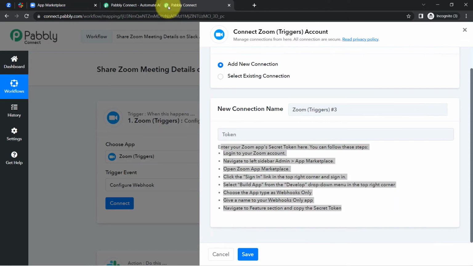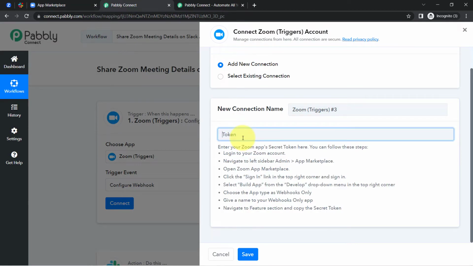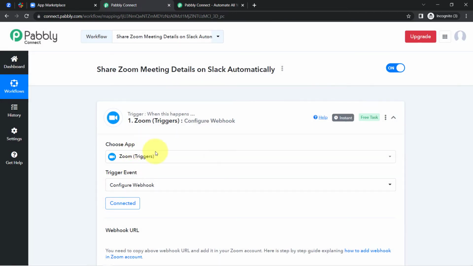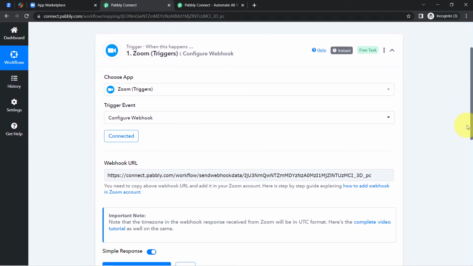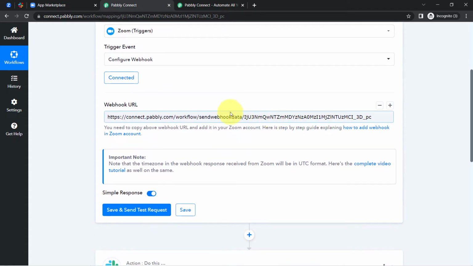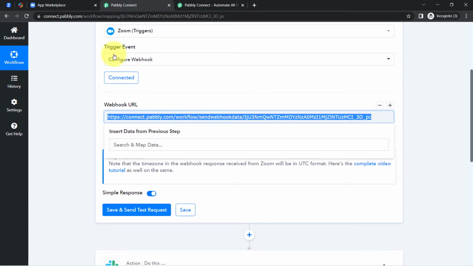Okay, come back to Pabbly Connect and paste the token here and then click on save, and this is how you will get a webhook URL. So here you can see a webhook URL is visible. Now where we are going to paste this webhook URL, firstly copy this and then I'll tell you what exactly